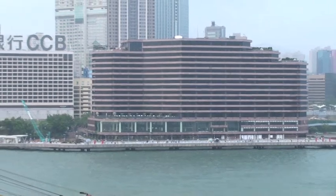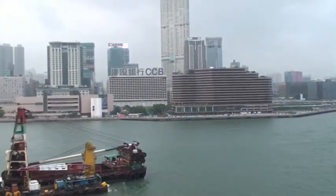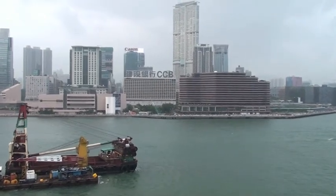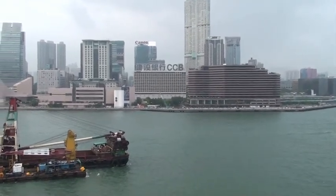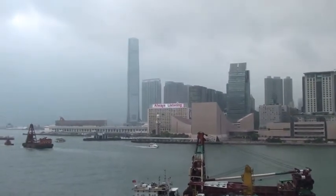Last minute photos as we make our way out of Victoria Harbor en route to our next destination, Nha Trang, Vietnam. The island of Hong Kong to our right, to our starboard side, Kowloon and the New Territories over to our...